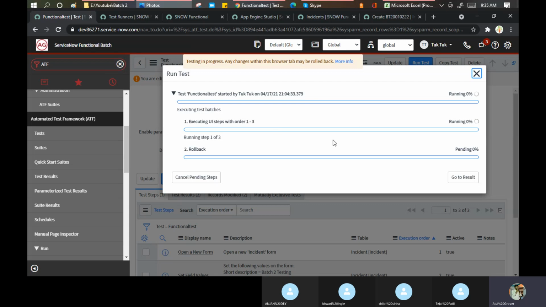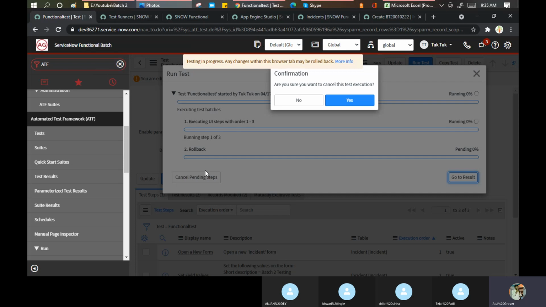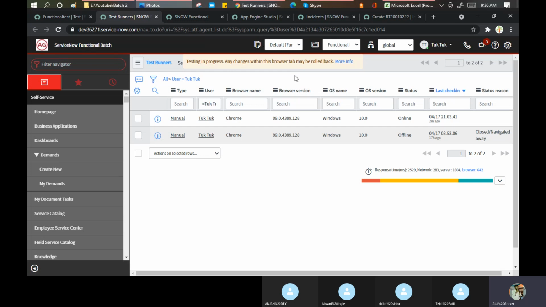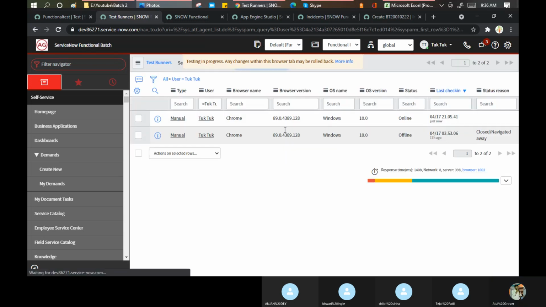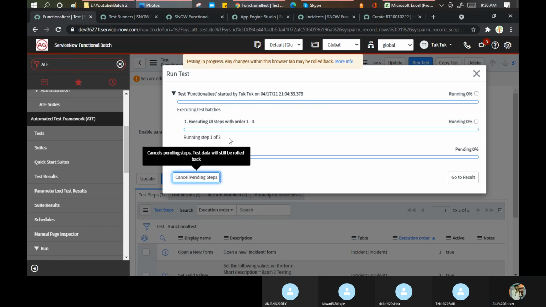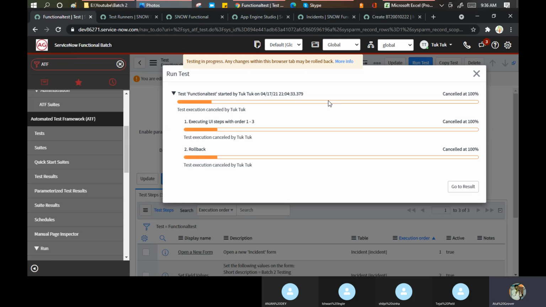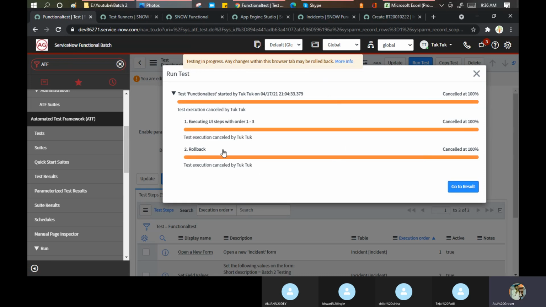Let me cancel some pending steps. Not this one. There's nothing pending. Then again, I'm getting an error. Wait, let me close all the pending steps first. Okay.